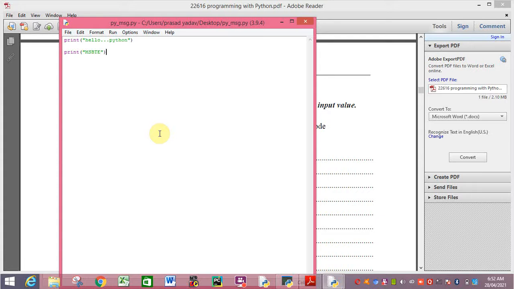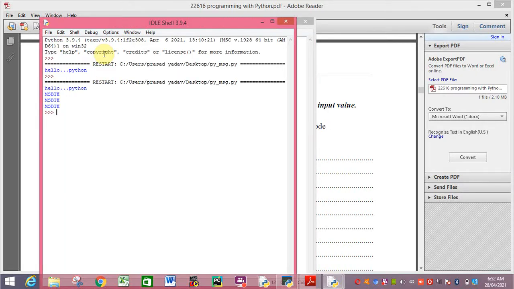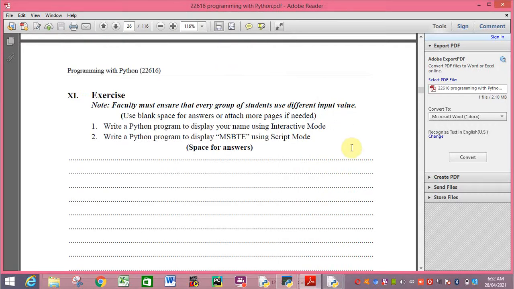Similarly, as I said, single quote or double quote, you can print any of these depending on your choice. Save it and press F5. The result will be shown to you. This is practical number 2 of programming with Python.